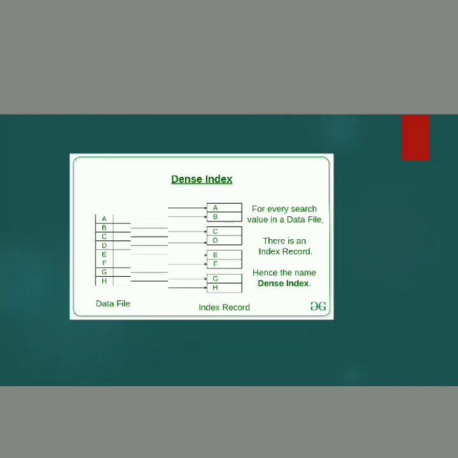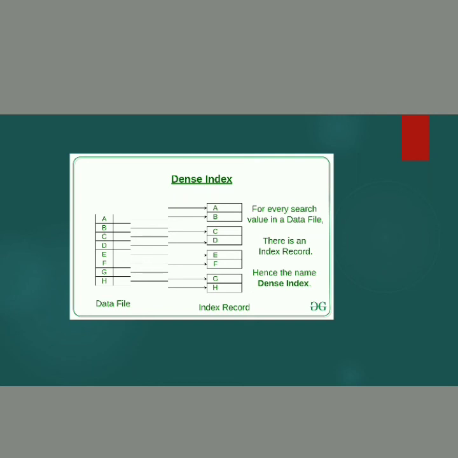And dense index. For every search key value in the data file, there is an index record. This record contains the search key and also a reference to the first data record with that search key value. So in this table, we can see A, B, C, D, E, F, G, H. Here is the file stored in a database, and using the search key, we access that data. Here, a separate block for each data item.